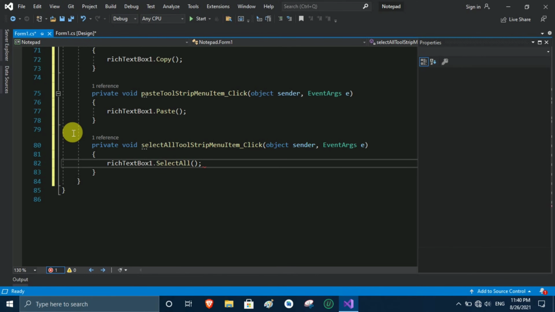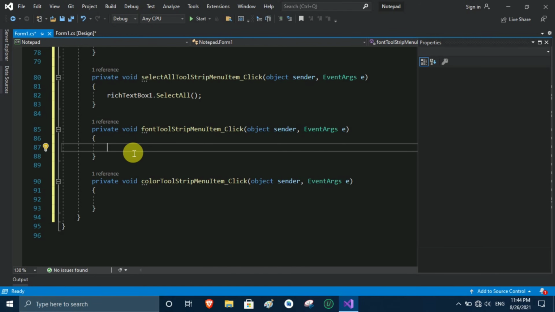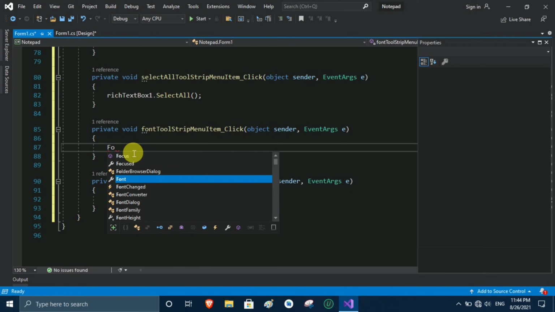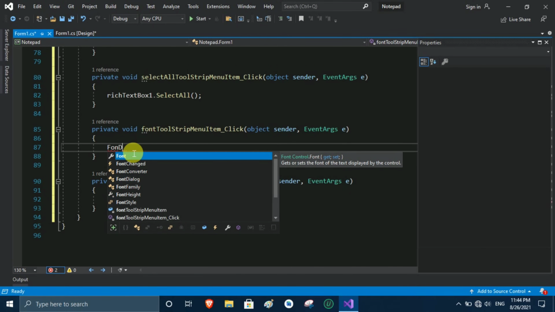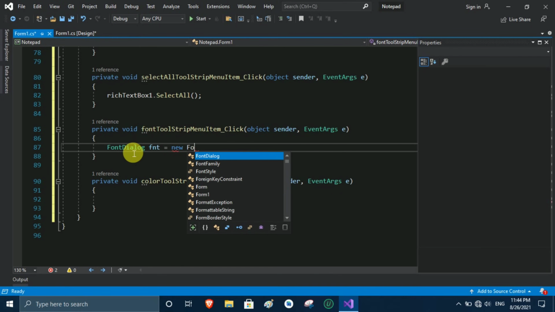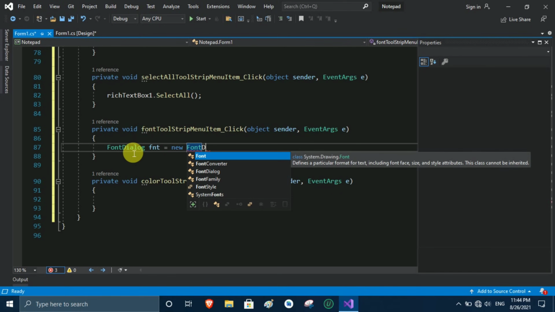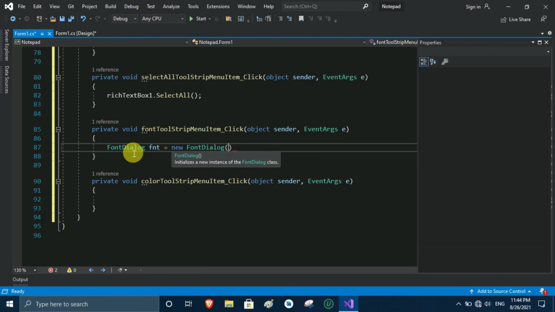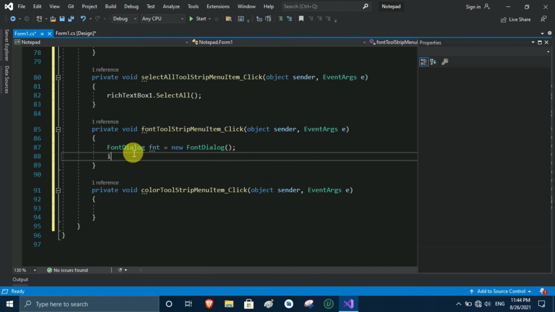Okay, now I again go to the design tab and click on font and color, and again right here FontDialog FNT. FNT is the instance, and here I give new FontDialog. Okay, and then we use this FNT again and again to perform our actions.